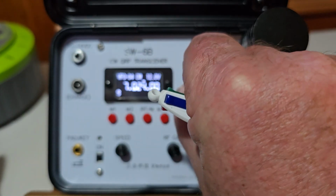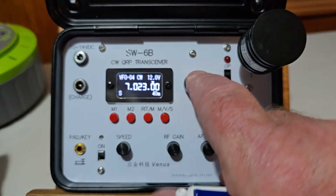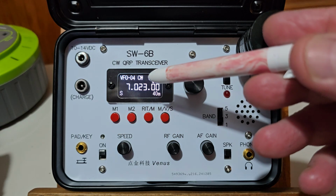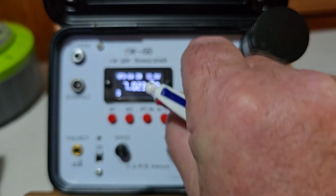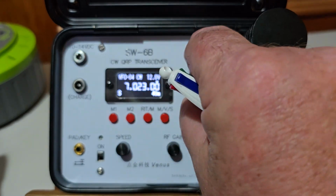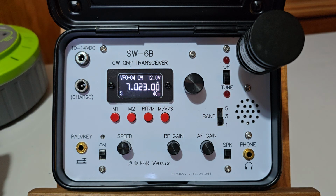Or VFO, and then when you're on frequencies, you tap the encoder and change this. There's a little chevron that jumps above the digits, so you can tap that and change them, and that's pretty much it. It's a simple transceiver and very practical, and for taking out,